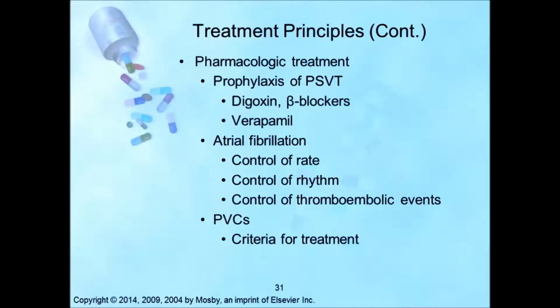For premature ventricular contractions in general, these are treated only if complex PVCs are present, the patient is 1 year or less post-MI, the patient has underlying heart disease, the patient has angina, or the patient has other symptoms. PVCs are not treated at all if the patient is asymptomatic, has a normal heart, PVCs are simple, or the PVCs disappear with exercise on a graded exercise test.